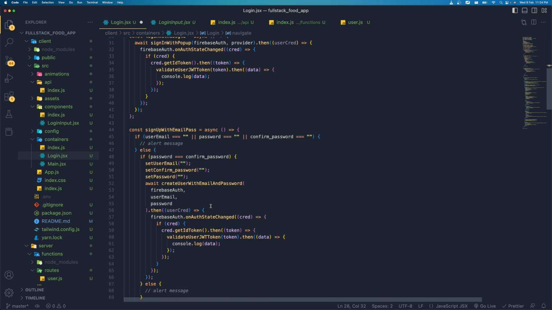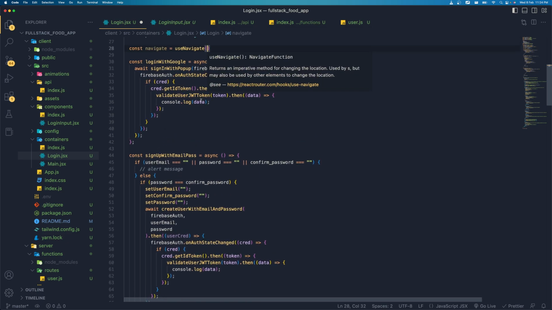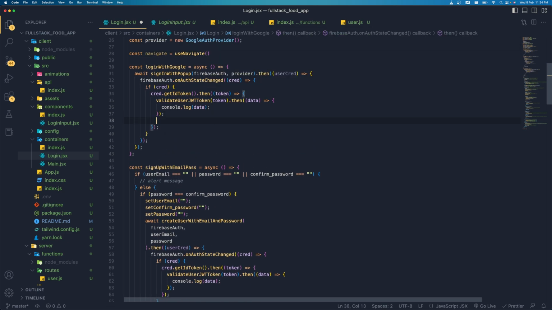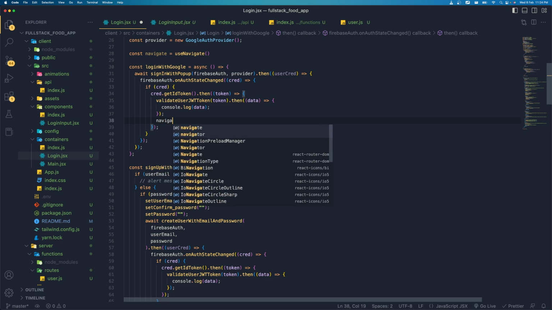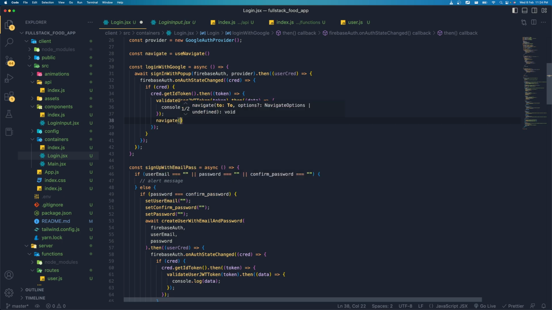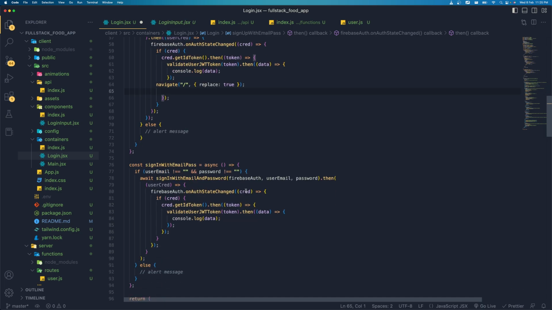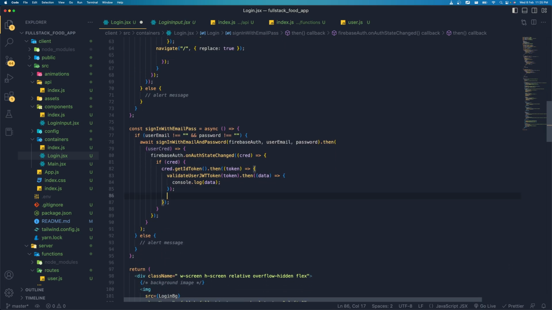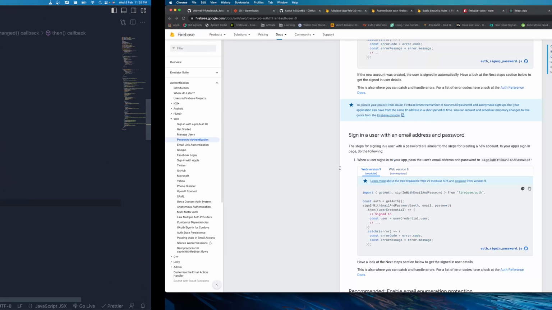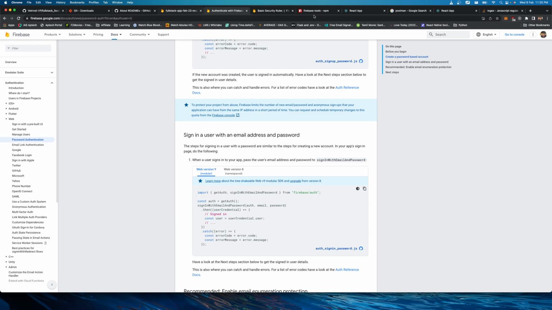All right. So this is login with Google. Once the token validation is done, I'm going to say navigate the user to the home route, and I'm going to replace that URL route as true. Save the changes. Copy this line, paste it right after here after the validation, and paste it right after here after the validation. Now, since the user successfully logged in,